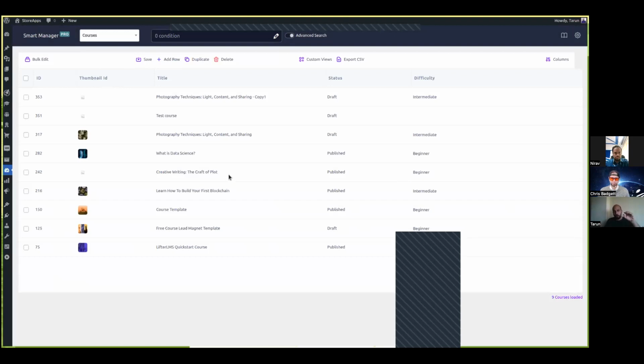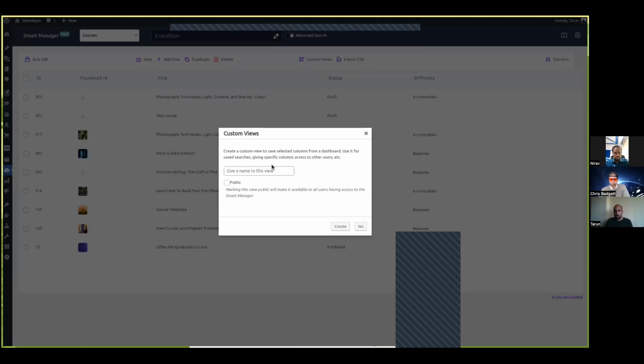Now, if I want to also save this view, let's say I have Akshat in my team. I don't want Akshat to get access to all the dashboards that are there in Smart Manager. What I would do is I would simply go ahead and create something known as custom views. Excel also gives you a kind of custom view, and you can create views at the database level also. Similarly, in concept, we have created custom views. Let's say I give it a name like courses